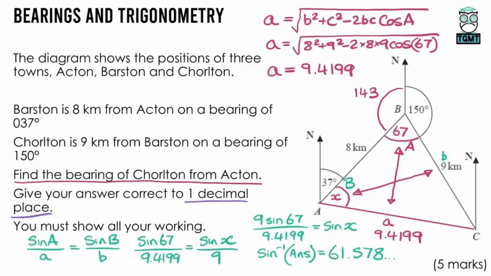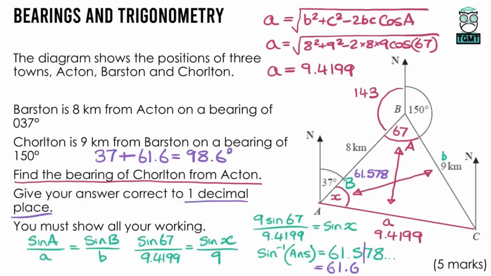But I need to add this angle, the 61.578, onto my 37. Now I may as well round this number, and that's 61.6, as it wants it to 1 decimal place. So if we add that to the 37, let's have a look. So 37 plus the 61.6, that gives us a total of